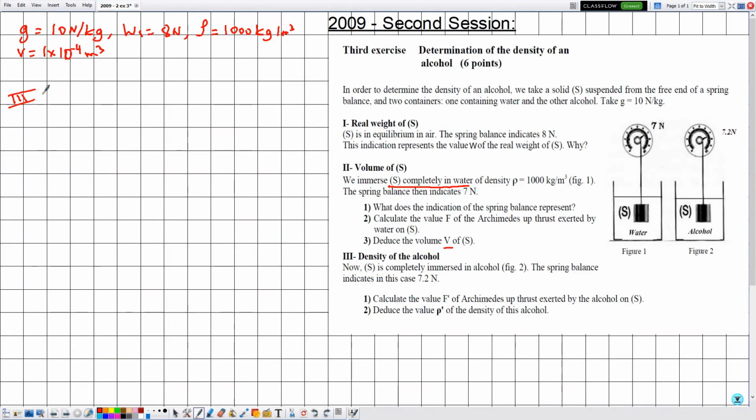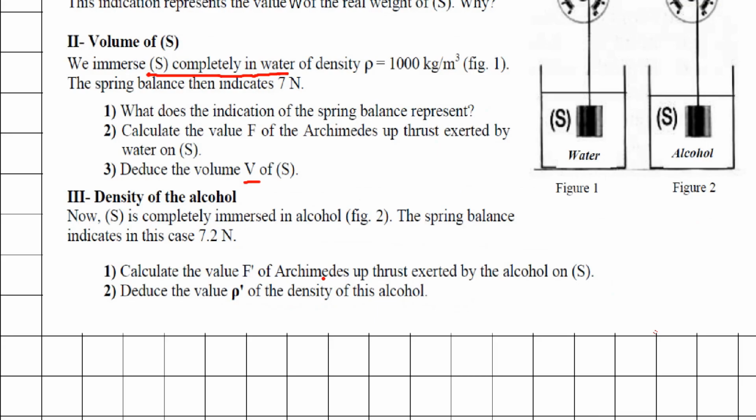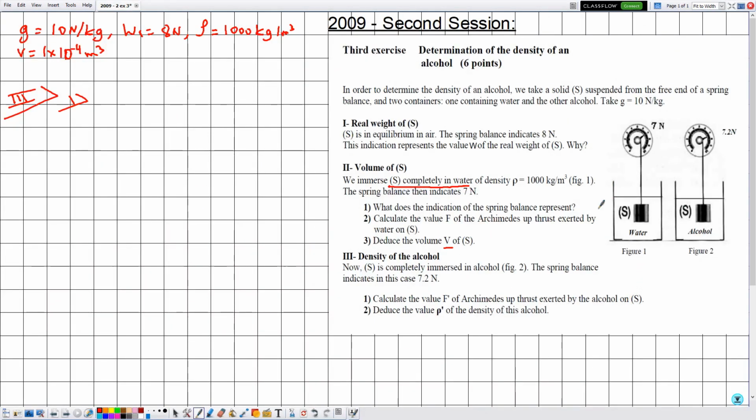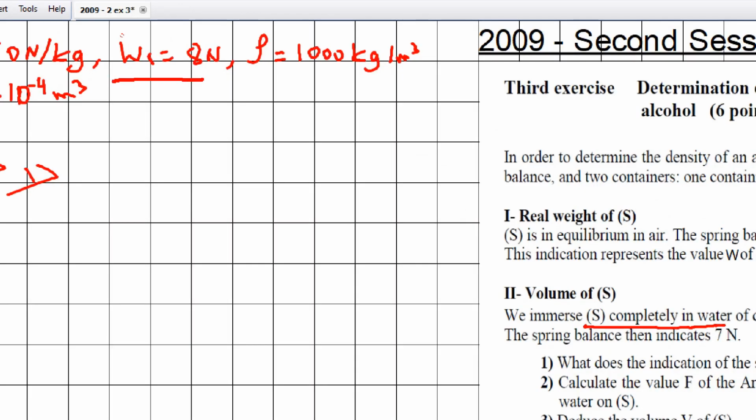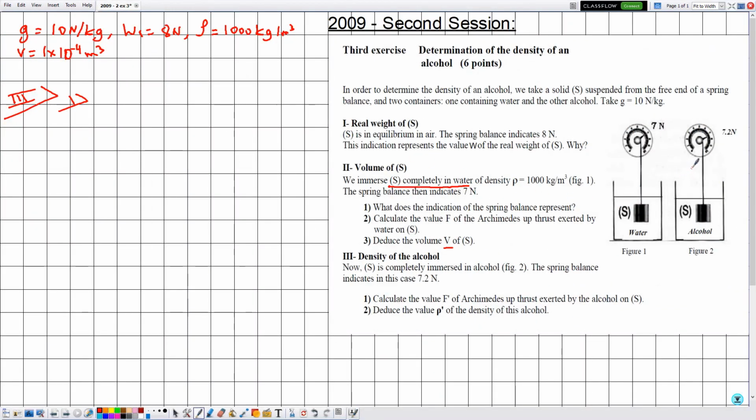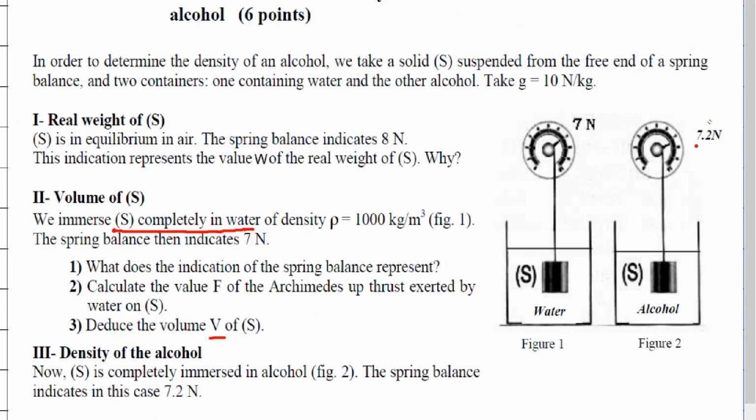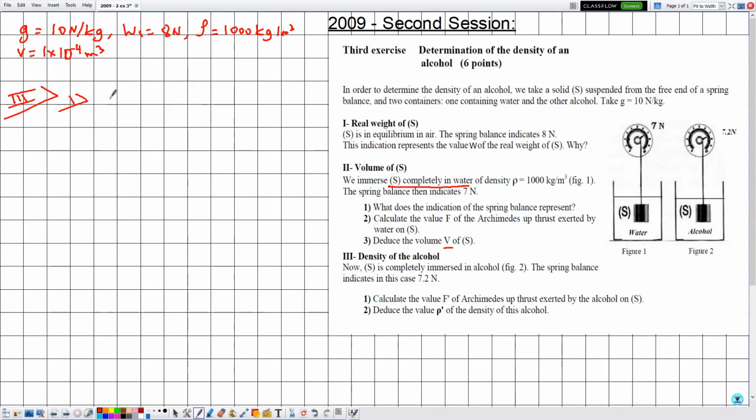So let's refer to number 1 first. Calculate the value F prime of Archimedes upthrust exerted by the alcohol on S. So knowing that the real weight will not change, which is given by 80 newtons in this case. However, the value of the apparent weight changed, and it's given by 7.2 newtons. So the value of the apparent weight, here let's denote it by W apparent prime, is given by 7.2